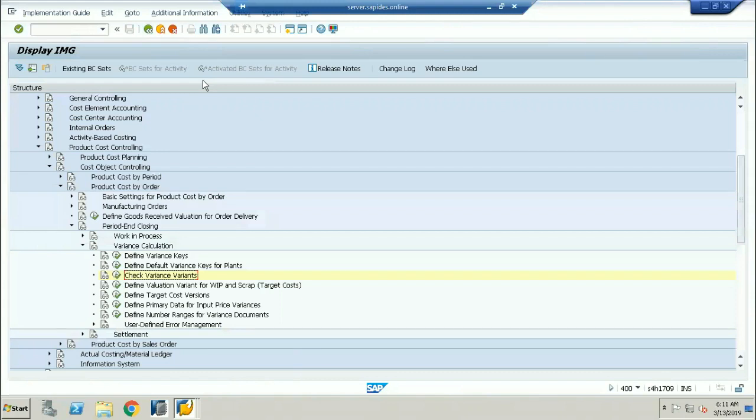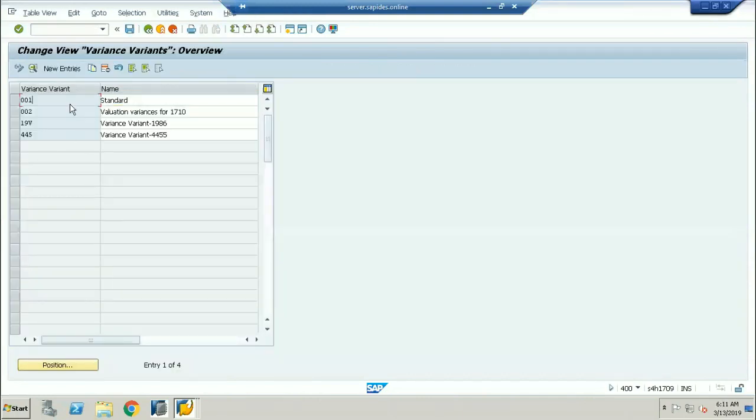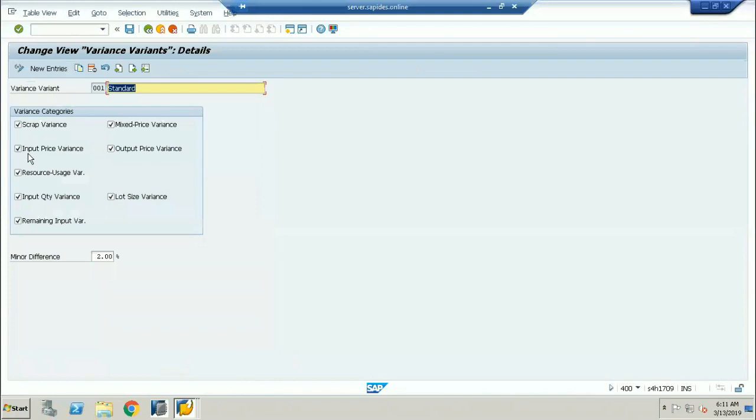No, it is based on the categorization here, not complete input and output. Based on each, if you are going to get an input price variance here, the minor difference is going to be up to 2%. If you are getting the input quantity variance, not the price variance, then the minor difference will be 2% here.